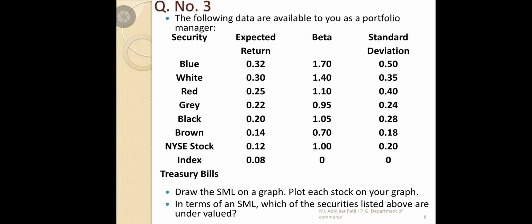We should calculate. See, the NSE stock is nothing but the market performance. So the market performance is 0.12, and that is your RM. Then, coming to beta, that is your market return performance. So you should remember 0.12 is your RM, and this treasury bill is denoted as your RF value. So we should remember that for the calculation of the CAPM equation.